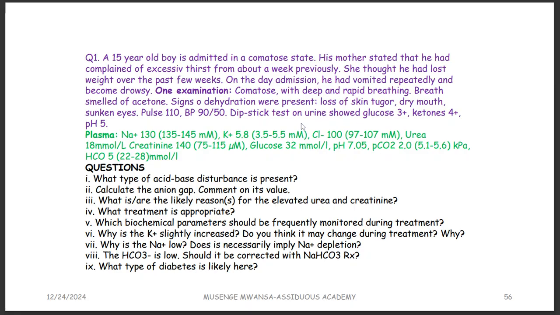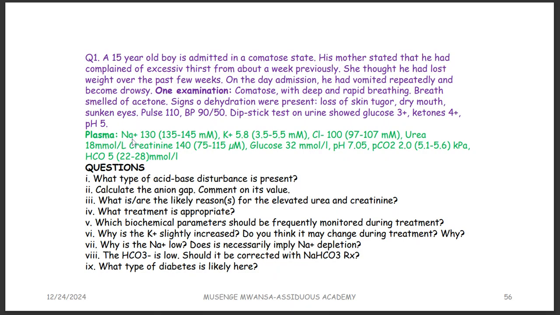On examination, he was comatose with deep and rapid breathing. Breath smelled of acetone. Signs of dehydration were present: loss of skin turgor, dry mouth, sunken eyes. Pulse is 110, BP 90 over 50. Dipstick urine showed glucose 3 positive, ketone 4 positive, pH 5,